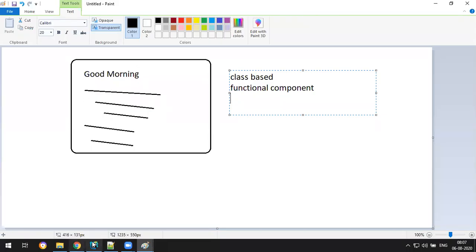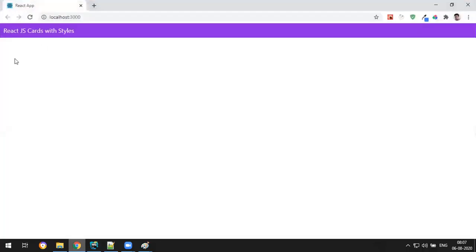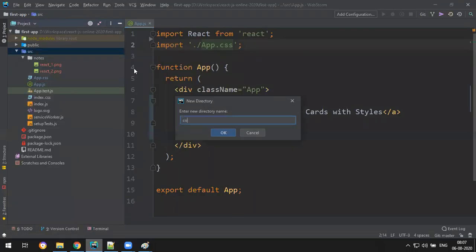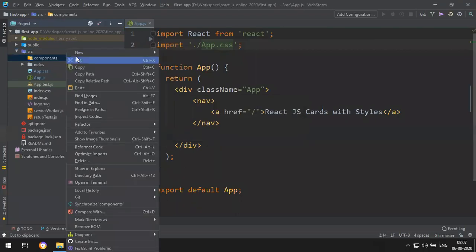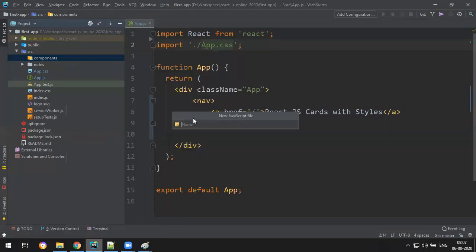So let me do that now. I want a card here. In src, I create a new directory called components. In components, I create a new JavaScript file because it's a new component, called message card.